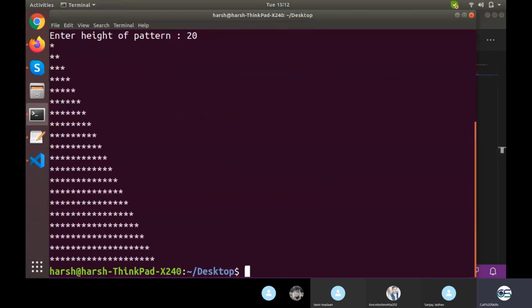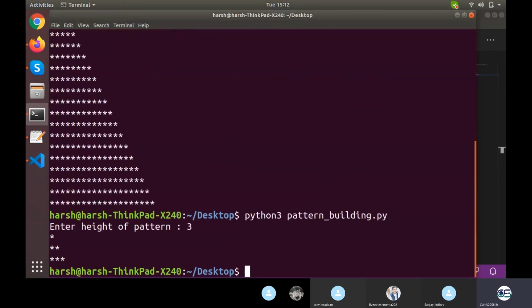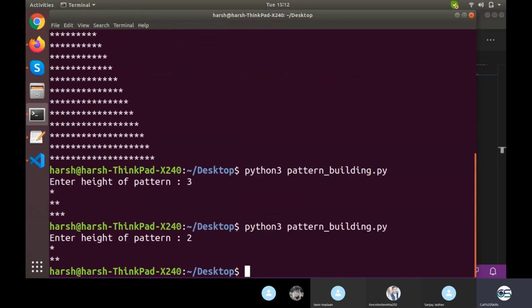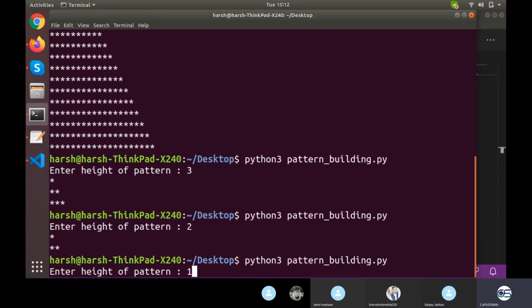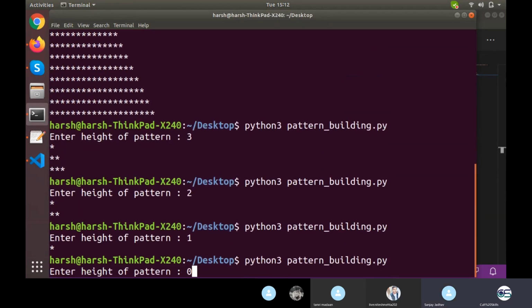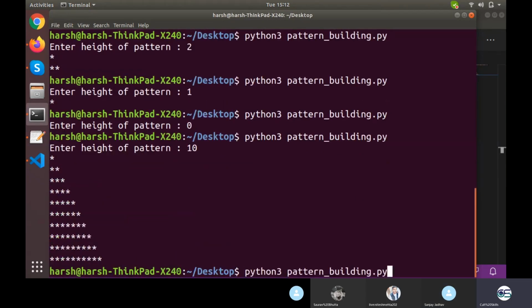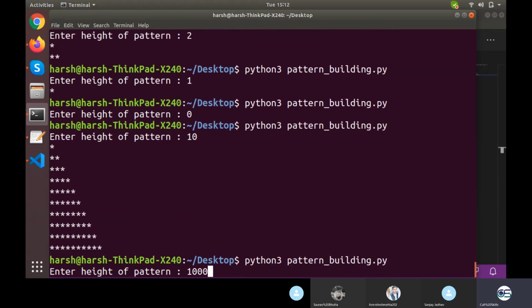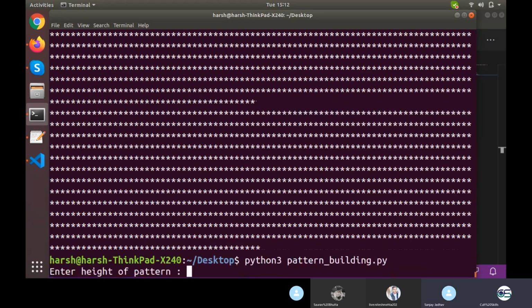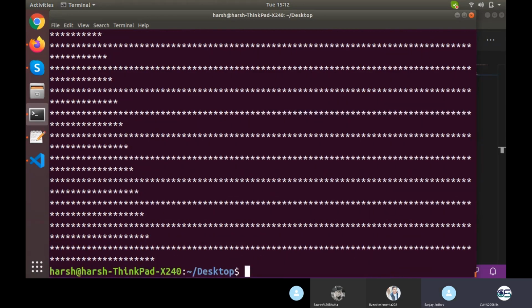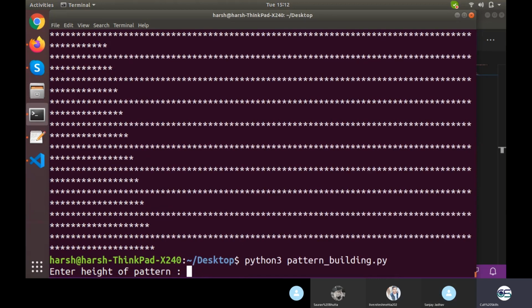Right, so if I write 20, it will give me 20 stars. If I write 3, it will give me 3 stars. 2, 1, 0, 10. And the same way it will go for 100 as well, thousands as well. No matter whatever number of your choice, it will work for you.